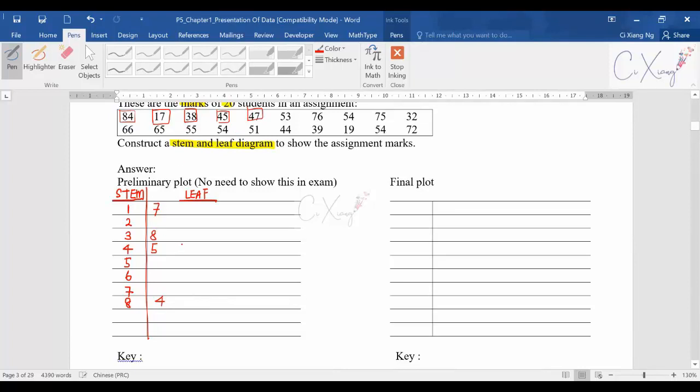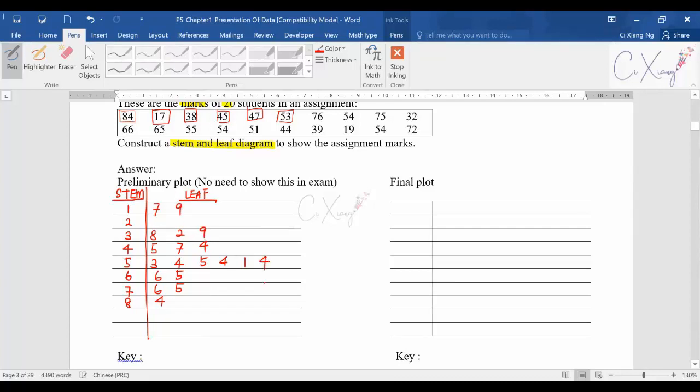So when you write, you will write with some space after the 5, and then you just put a 7 here. So when I read the data from here, I know that there's a value 45, and there's another value 47. Okay, then the next number 53, 76. So you can do it quickly by putting in the values one by one. So 32, 66, 65, 55, 54, 51, 44, 39, 19,